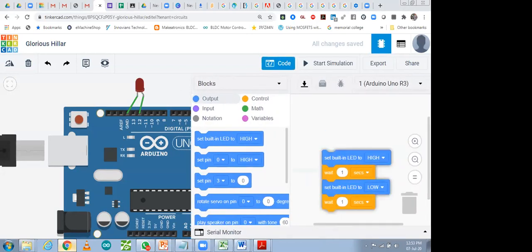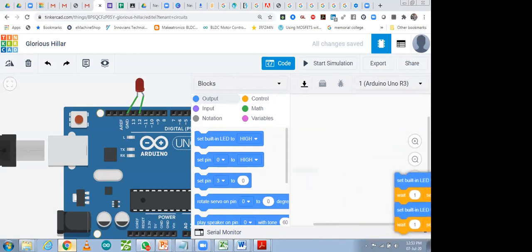This one is by default, that I did it yesterday also, but today I'm going to tell you how you can do embedded C code over here. I'm going to tell you two things today: what is digital input and what is digital output. Over here I'm going to give digital output. So this one is the output block. This one is the input block.